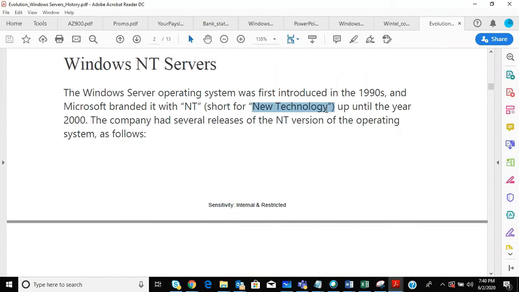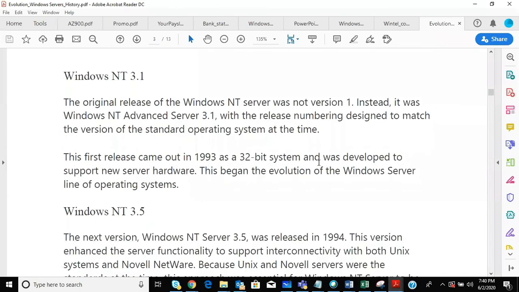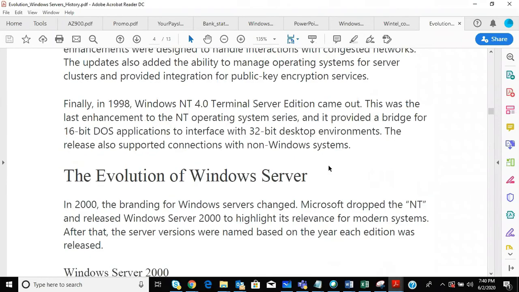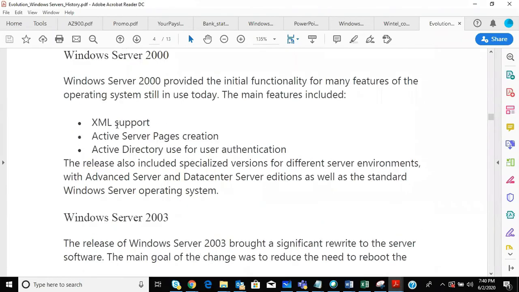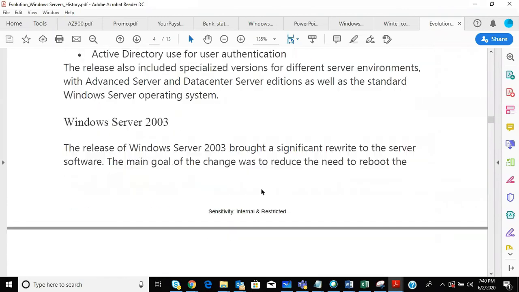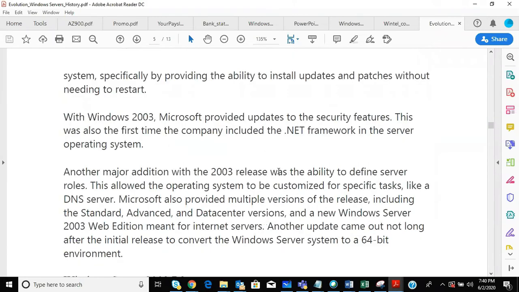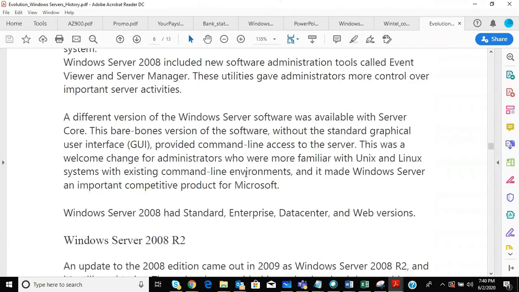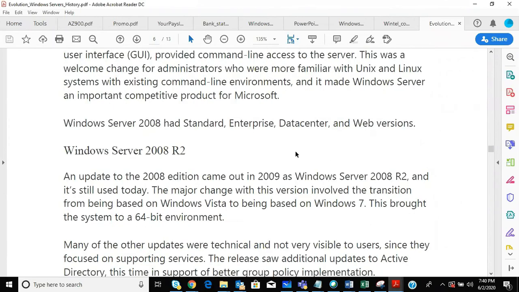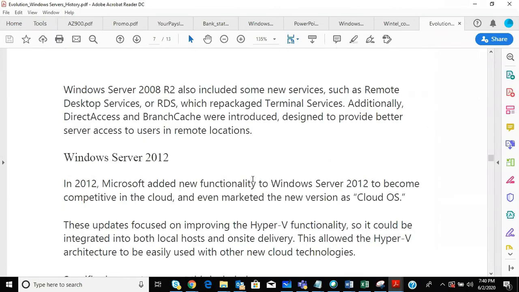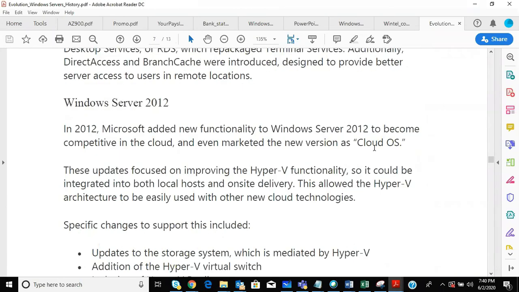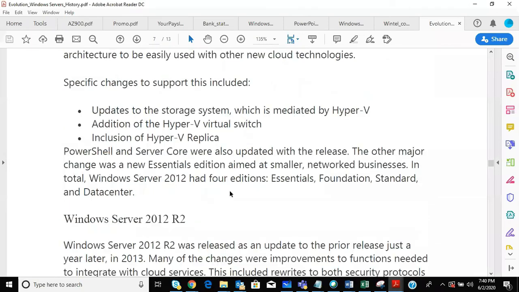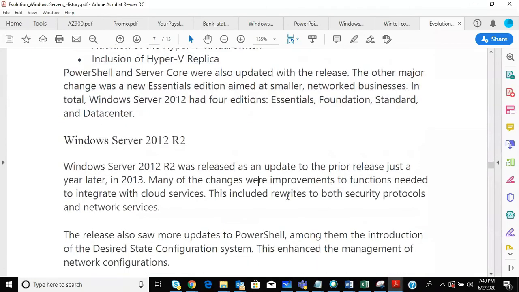So this is new technology. Okay, we'll be moving fast because we already discussed a lot on those versions and everything, right? Server 2000 and all those sort of things we already discussed. Server 2003 and Windows Server 2000 R2. Okay, 2008. Anything we are missing, we can discuss that as well. Cloud OS they started, but that was not mature enough. Hyper-V got introduced in 2008, and Windows Server R2.